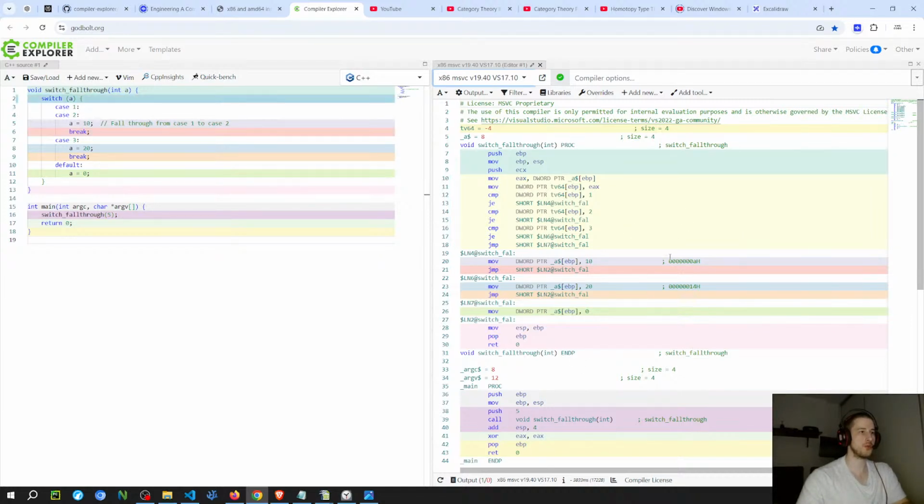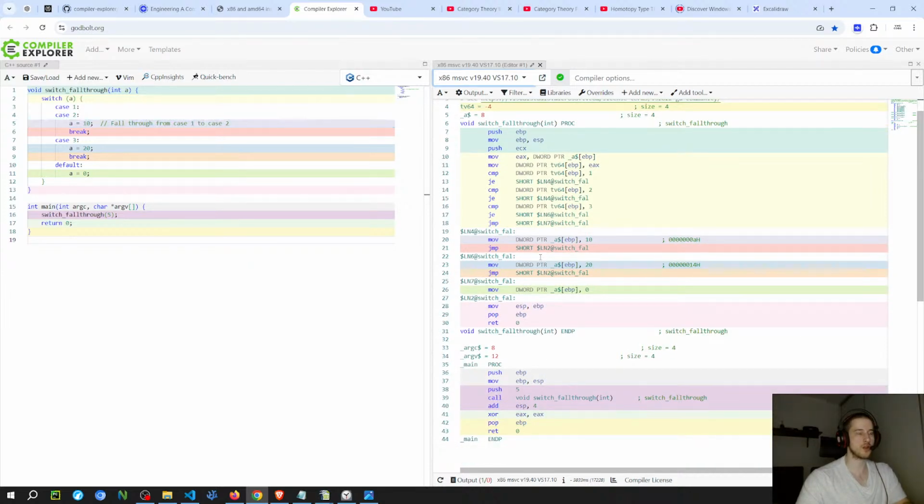Like the goal of putting this stuff on Anki is to be able to think about the assembly from the higher level perspective, let's say. So as I'm reading assembly, I want to be able to have a clear idea of what the code would look like if it was written in a higher level language. So since the examples are basically the same for the if-else statements as for the switch, I think it's not going to matter that much if I put these examples there.